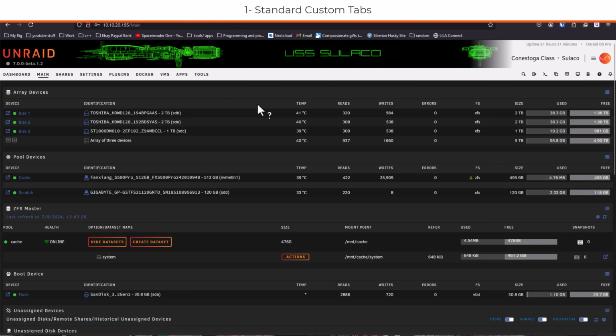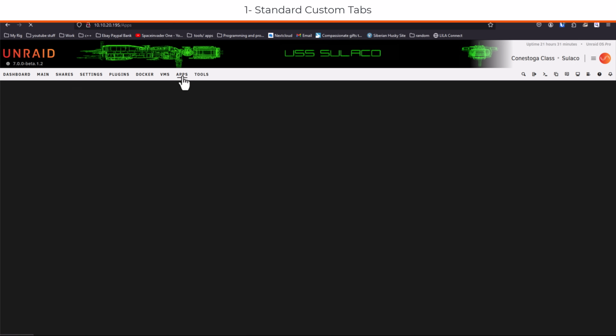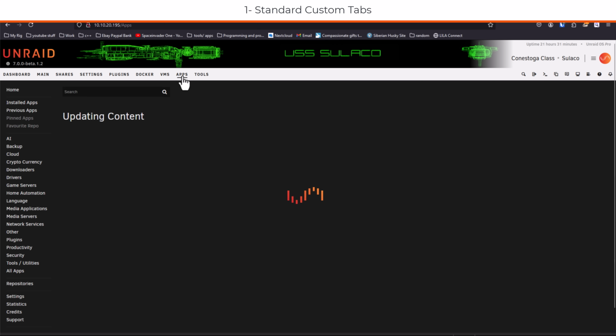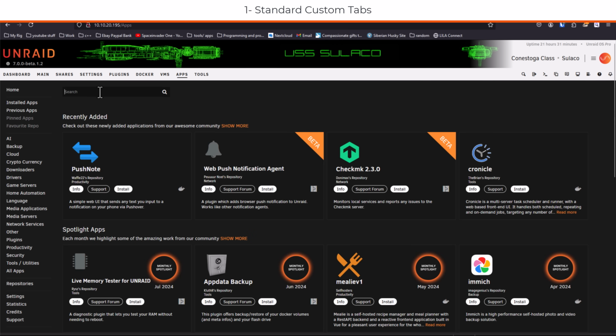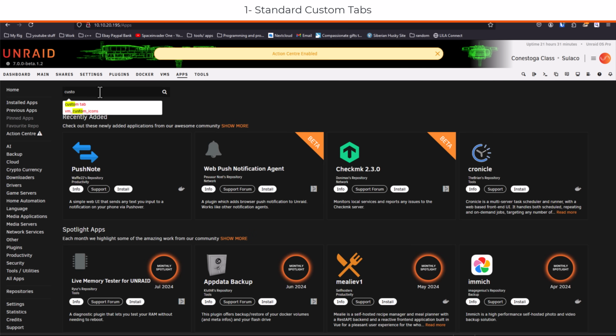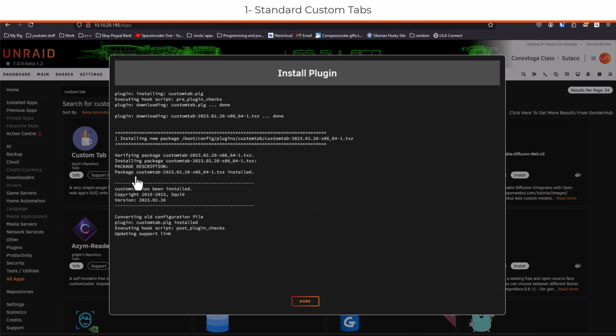Okay, so here I am on a test server here, and you can see I'm starting with a blank slate, all the custom tabs removed, starting from scratch. So, the first thing we need to do, obviously, is to install the excellent Custom Tabs plugin. So, for that we need to go to Community Applications and just type in Custom Tab and click on Install